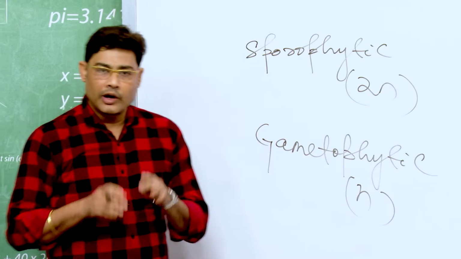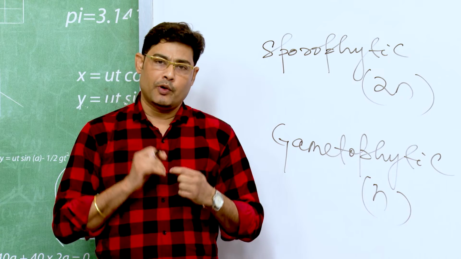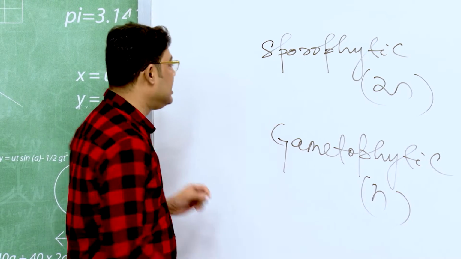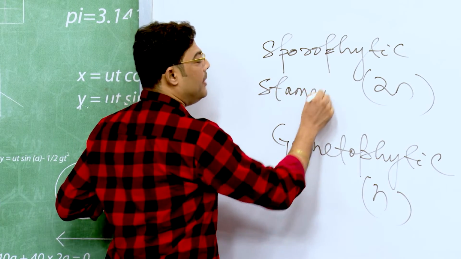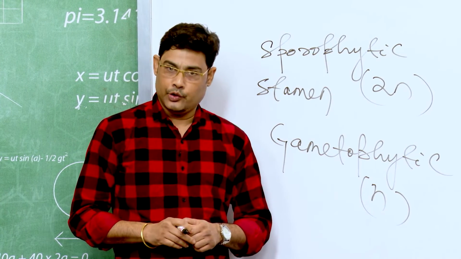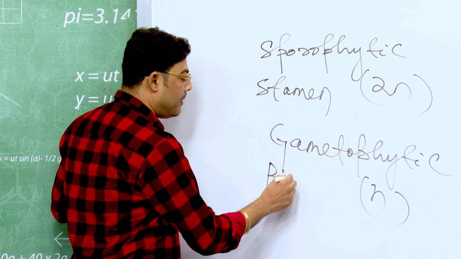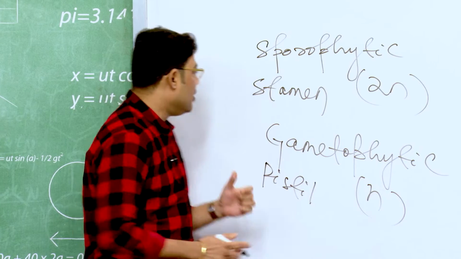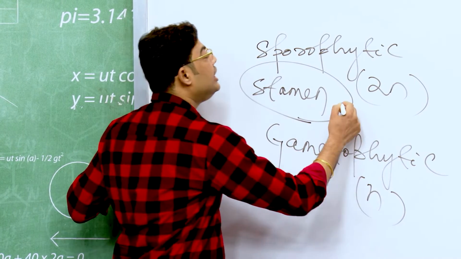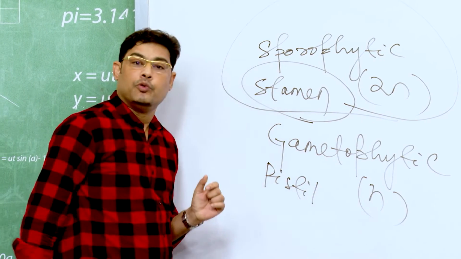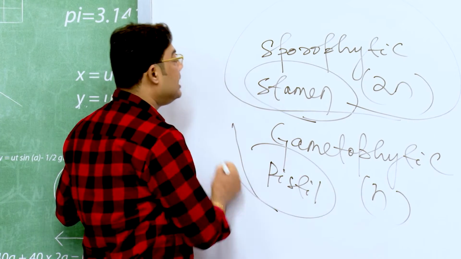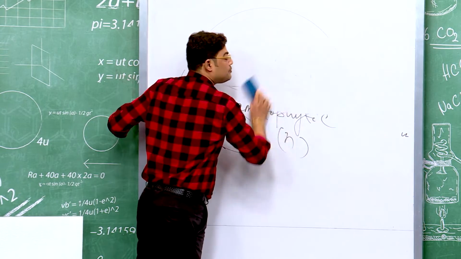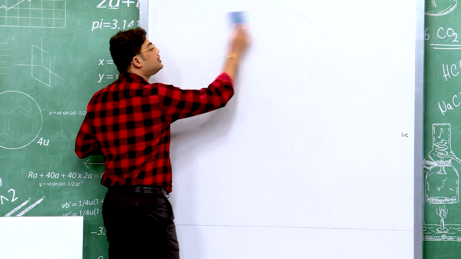a haploid one. What you see in an angiospermic plant, you see a flower, and that flower contains the reproductive parts, the male reproductive part stamen, which is collectively called androecium, and the female part pistil, which is collectively called gynoecium. Now, this stamen is the male sporophytic part, and this pistil is the female sporophytic part. Now, from the sporophyte to gametophyte, this change